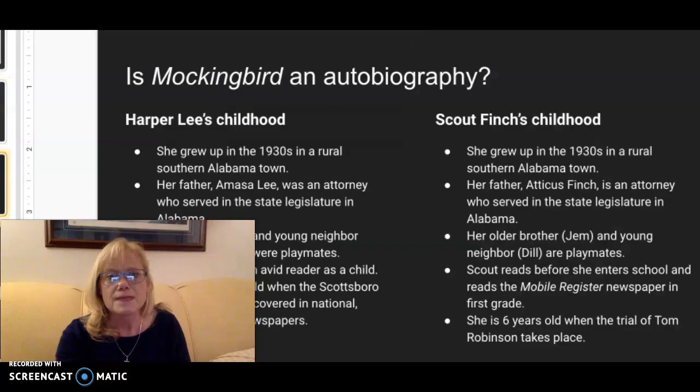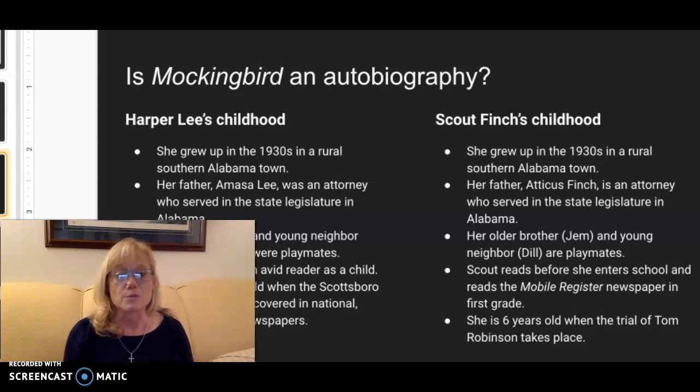Some people think To Kill a Mockingbird was just an autobiography all about her own life. Harper Lee herself said it wasn't, but it was real enough. She based a lot of her characters on real people, and real events influenced the things that she put forward. Those that say this is not a biography would bring up what you see on your screen right now. They took place, both of them, in a southern Alabama town. The fathers in each of them were similar. They were both lawyers. They were both in the legislature.